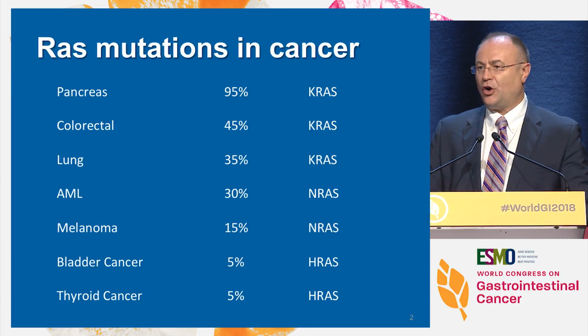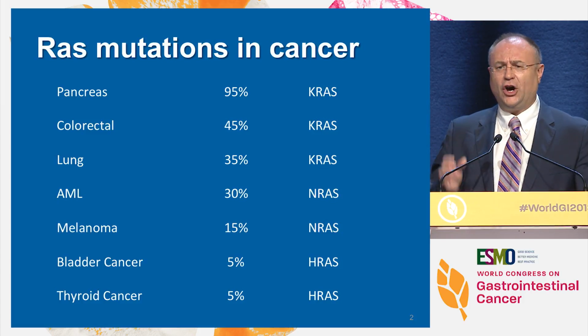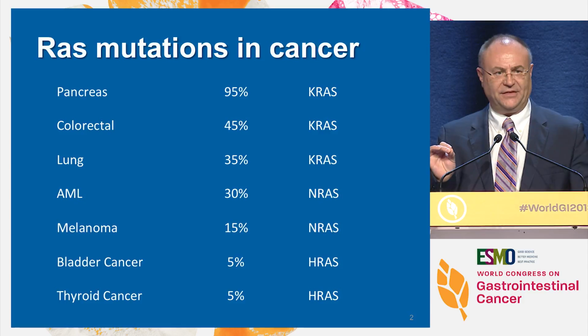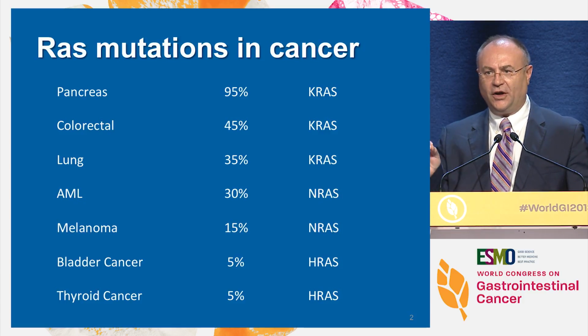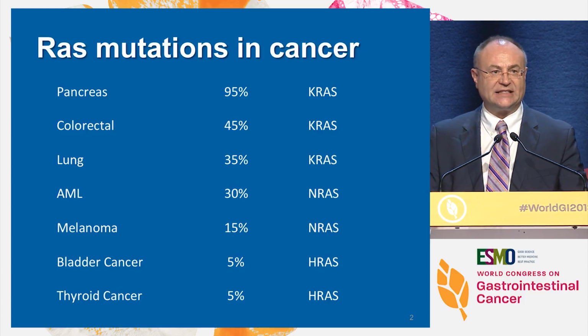RAS is the most common oncogene and the most important in all cancers. Now we need to know that the hotspots in RAS depend on the cancer tissue specifics. So you see KRAS mutation in pancreas, colon, and lung, but you see NRAS in melanoma and HRAS in thyroid cancer and bladder cancer. It's very important to know each of these hotspots in these oncogenes has differential transformative activity. They are different from each other, which makes developing a treatment against just RAS mutation very complex.